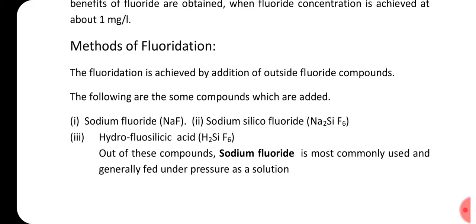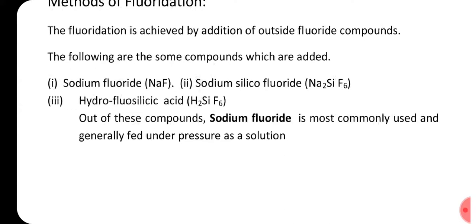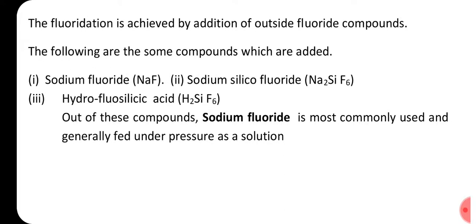What are the methods of fluoridation? Fluoridation is achieved by addition of outside fluoride compounds. What are those compounds? The following are some compounds which are added to the water. First one is sodium fluoride, second one is sodium silicofluoride, third one is hydrofluorosilicic acid. Out of these compounds, sodium fluoride, that is NaF, is most commonly used